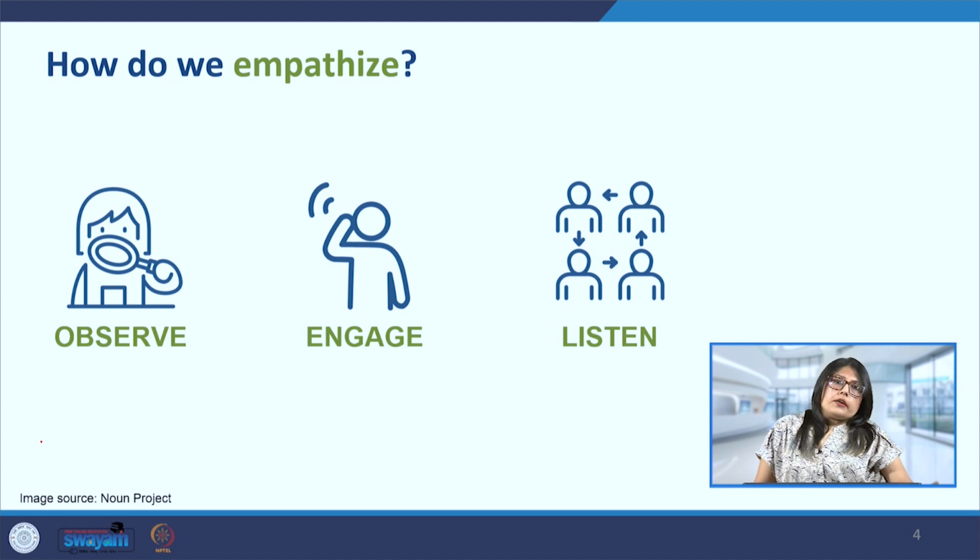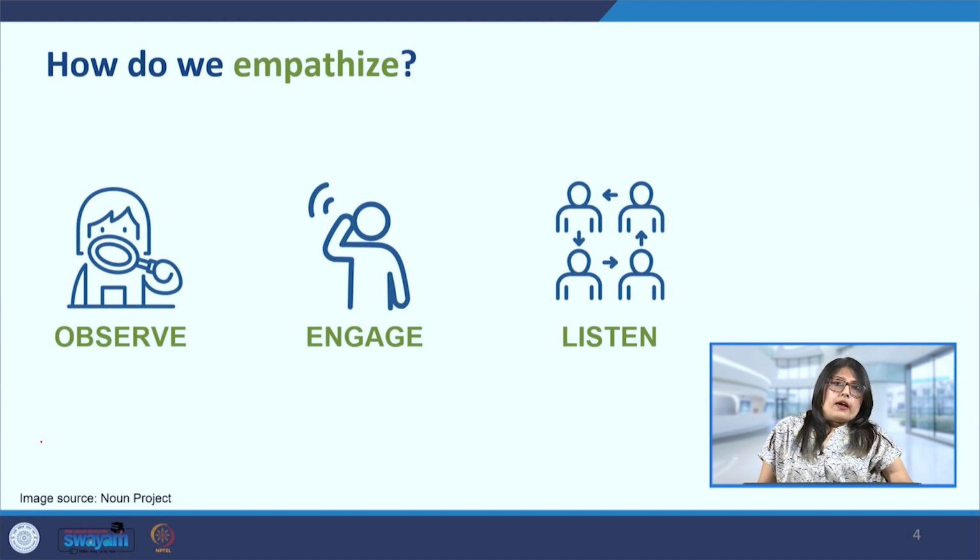Now, engaging is the next step, wherein we talk with the people who are the user group, and we actively listen and ask the question why. We will also be looking at this method in detail in the next few slides. But the why method helps us reach the root cause of the problem. When we keep on asking the five whys, each why uncovers new information, and it leads us to the root cause of the problem. So then we know where it is stemming from.